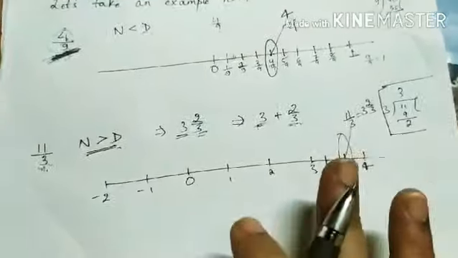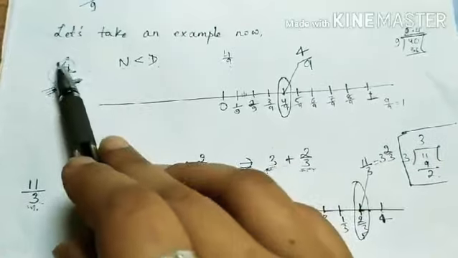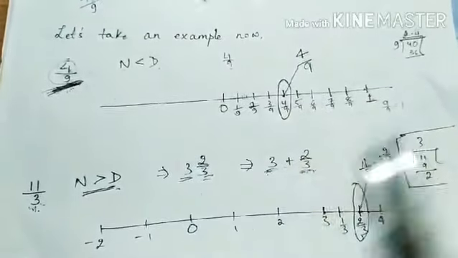What you have to do simply is first check the numerator and denominator comparison. You have to compare. If the numerator is lesser than the denominator, then you simply divide according to the denominator, and you will get to know that the number will lie between 0 to 1. Obviously, because the numerator is less than the denominator, you have to divide according to the denominator part, and you have to take as many divisions as the numerator, right?